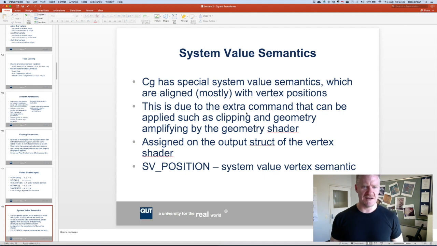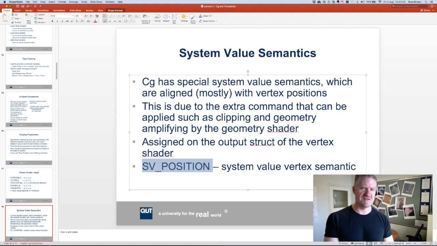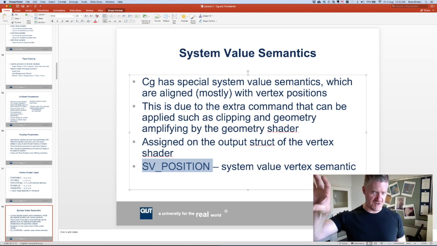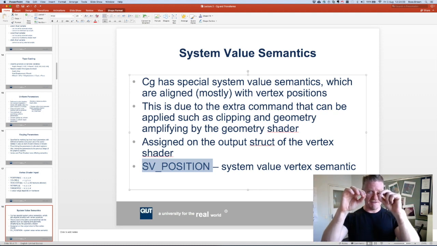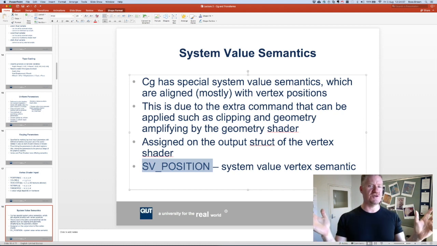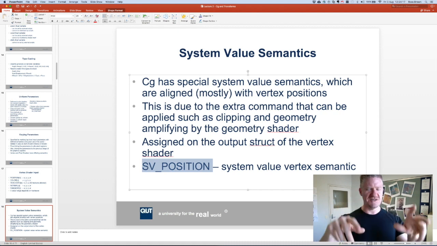Then there's the system value semantics. CG has some special system value semantics, which are aligned mostly with vertex positions. This is because of the geometry shader. I don't get into the geometry shader, I've just run out of room in this unit, so I ignore it a fair bit. However, it rears its ugly head because it has a special semantic, which says, as you stream from your vertex shader out to the geometry shader stage, if you had one there, you can then align up using these semantics and create lots more points if you wish. It starts to make sense, because if the geometry shader starts allocating more vertices, then they've got to align up on the streams, and so there's an internal representation for that,